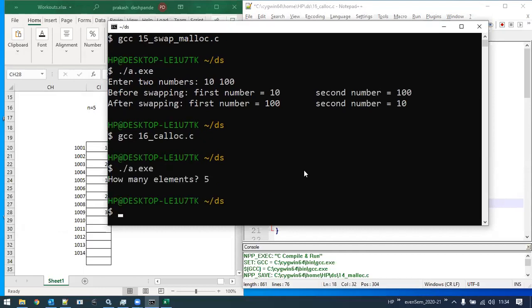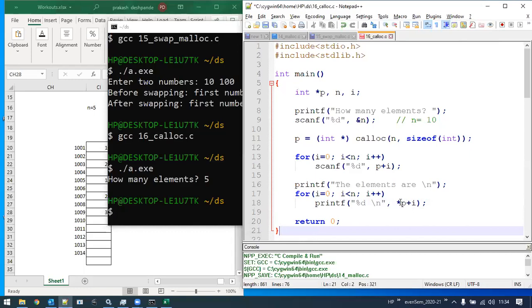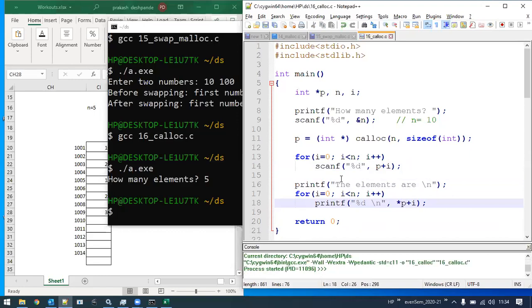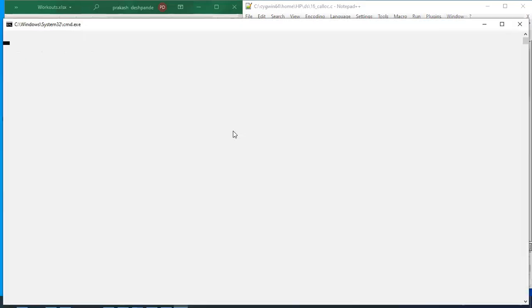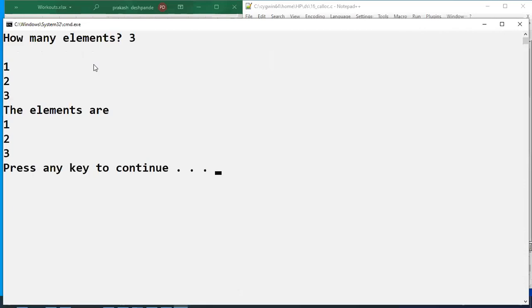Say 5 elements. Now it did not run through that. Just a second. Say 3. 1, 2, and 3.